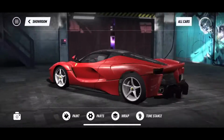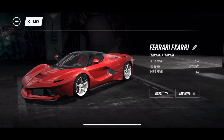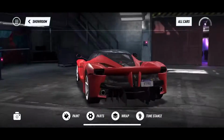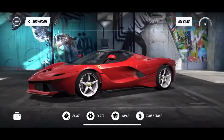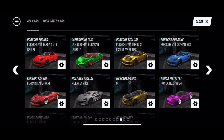The Ferrari FXX. What? FXARRI. Basically, the whole idea around it was some of the vehicle would be an FXXK and some of it would be the LaFerrari. So it was kind of a mixture between both. And then after that,